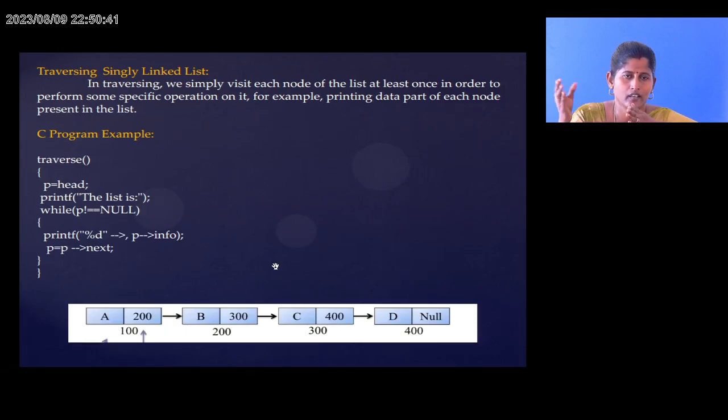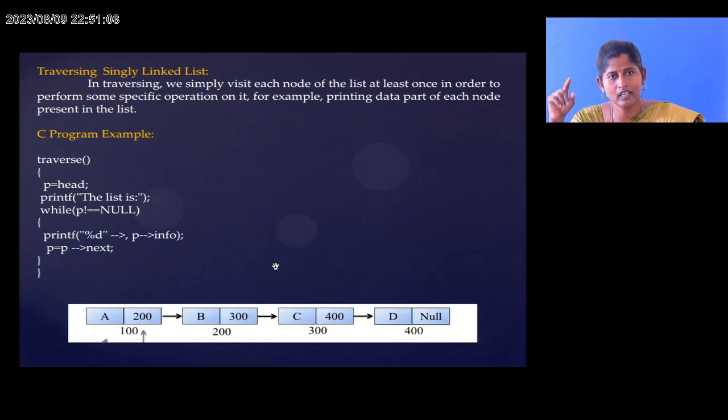So print is used to fetch the element in each list node and print it. Then P is equal to P of next. Once the first list element is printed, P is transferred to the next node. So the P node automatically switches over to the next node, the next memory location, and then the while loop